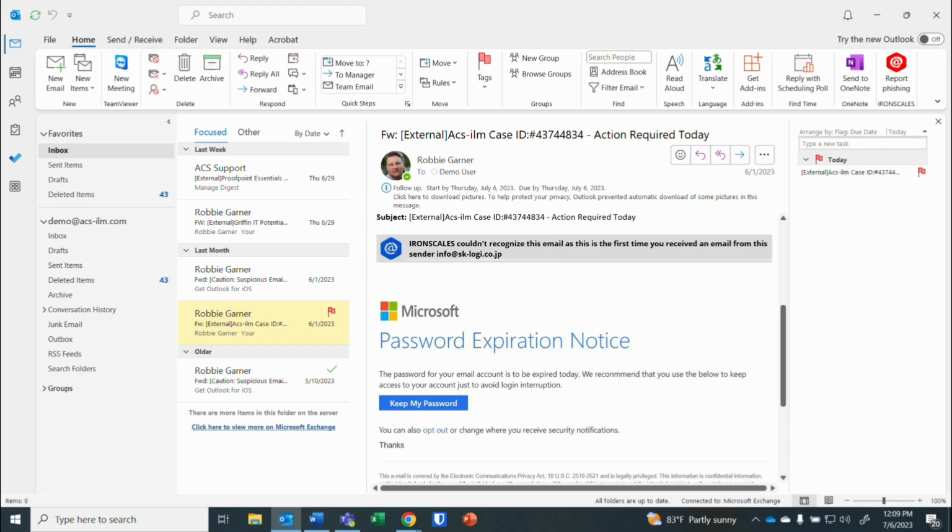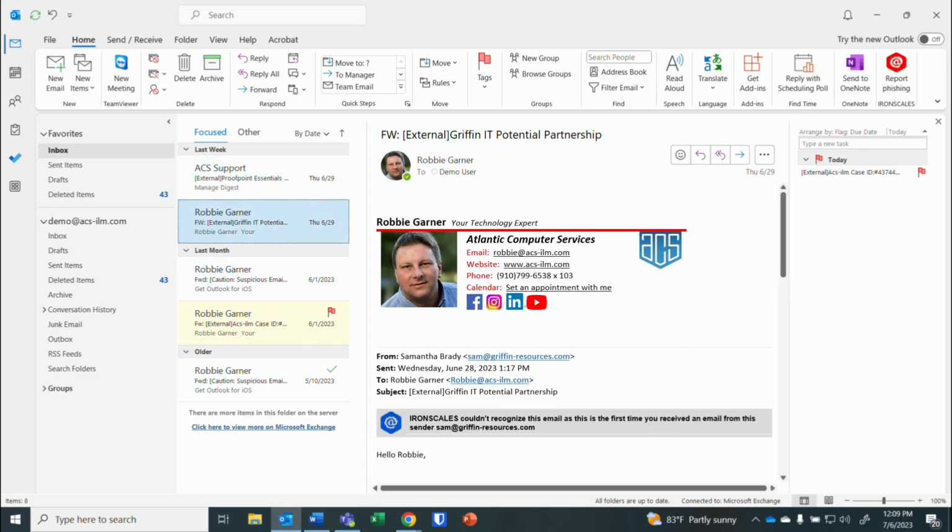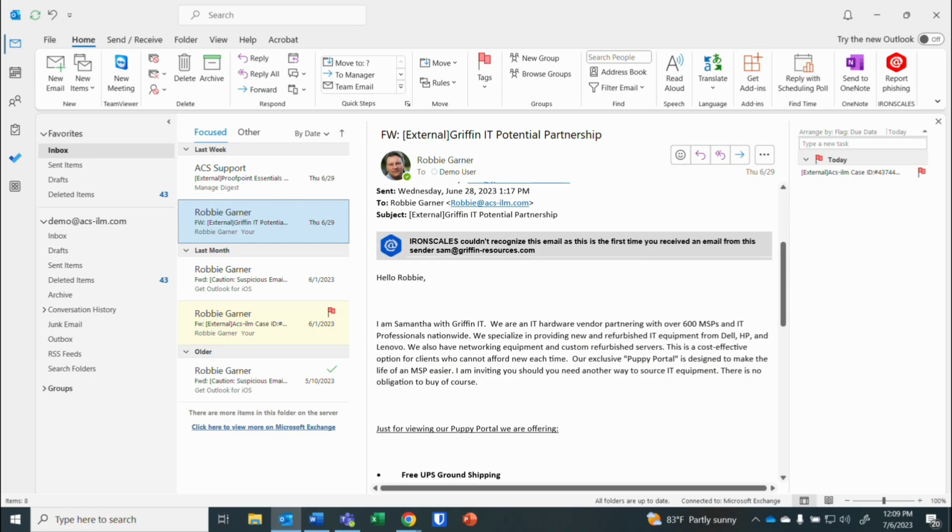So Proofpoint, that's your spam filter. You're going to get a report every day. Be sure to spend some time looking at that report. And then IronScales, another important tool, prompts you to be on alert about a particular message. So those are the two email tools that we'll deploy, and those two will definitely be the most interactive tools that you have to work with. If you have any questions about those, feel free to shoot over a trouble